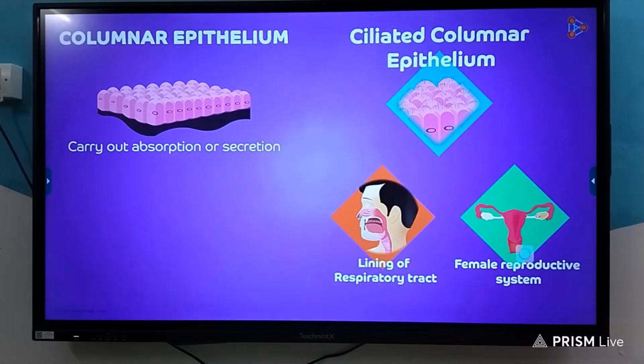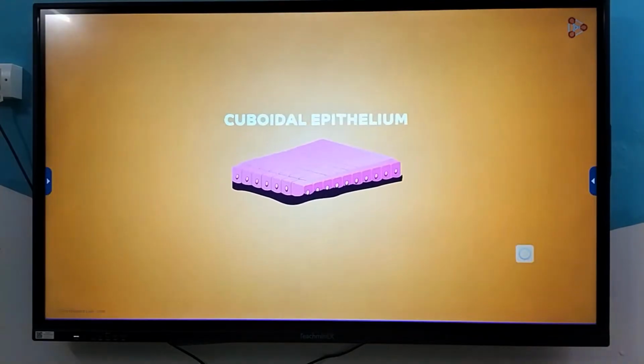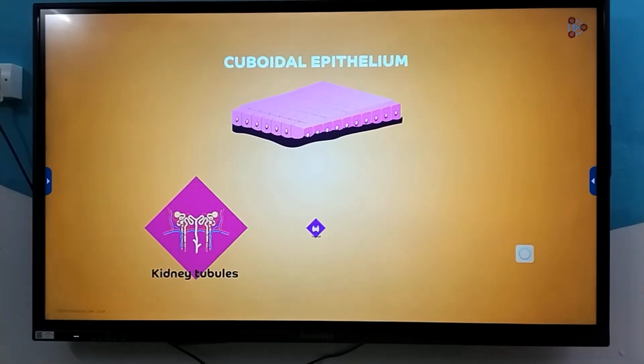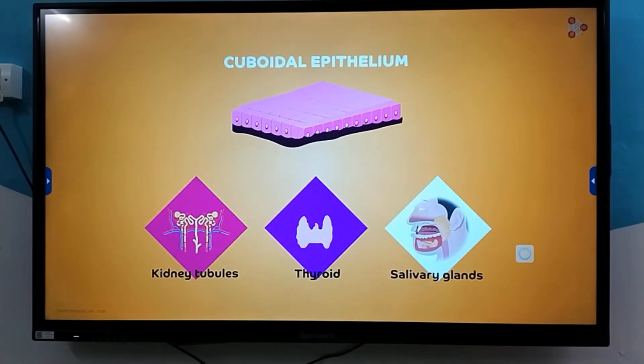Another location is in the fallopian tube of the female reproductive system, where the cilia help to propel the ovum in the forward direction. Now, these columnar cells are definitely doing their job well, and at times, some substances progressively pass through small channels which are lined by these epithelial cells. So that along with absorption and secretion, we need support too. Here the cuboidal epithelial cells come to our rescue. These cuboidal cells are found lining the kidney tubules, in the thyroid, and also in the ducts of the salivary